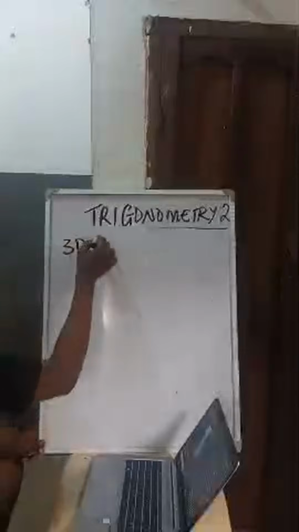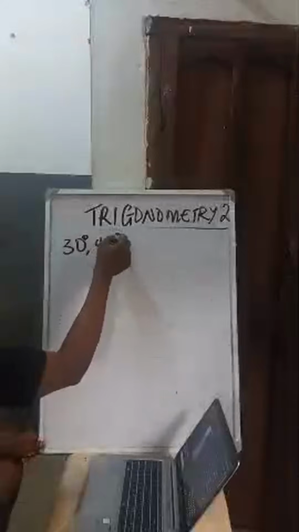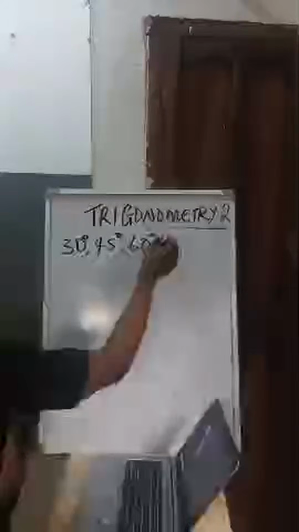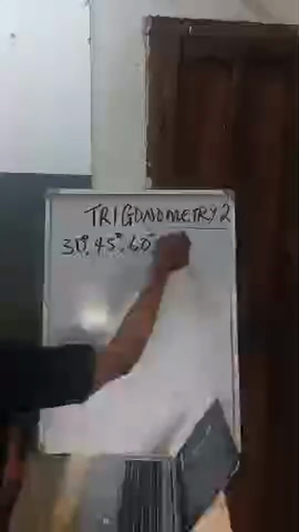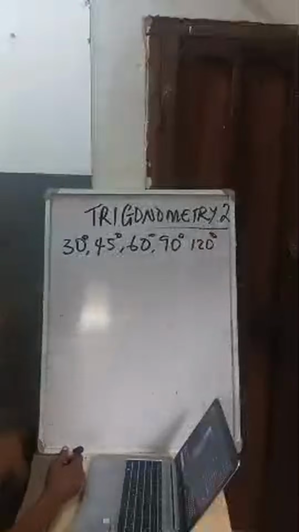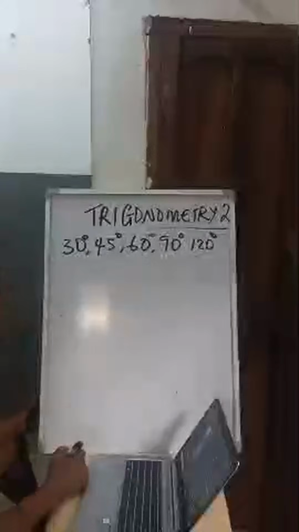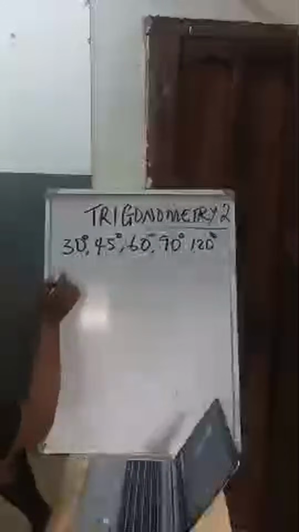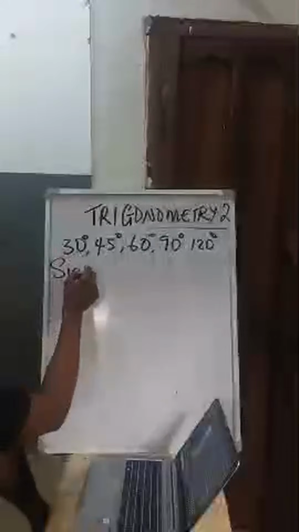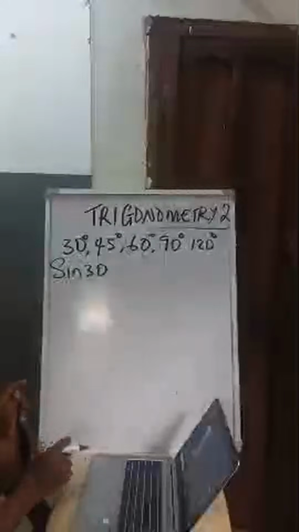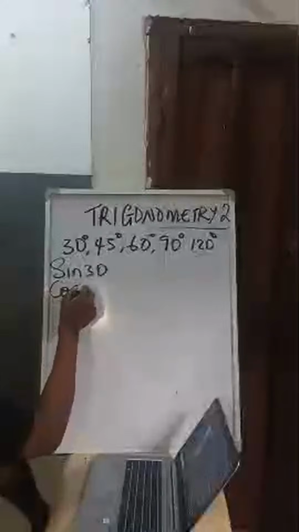All right, so there is what we call spatial angle. What do you mean by spatial angle? We have 30 degree, 45 degree, 60 degree, 90 degree, 120 degree, etc. Now, when we have these, we can actually get sine 30, the answer. How? Cos 30